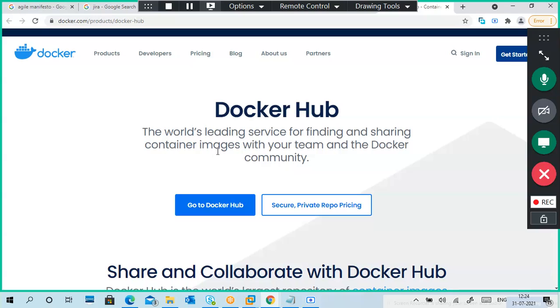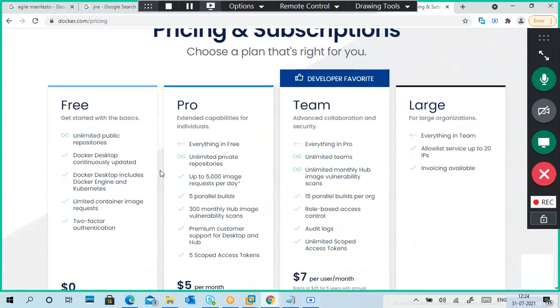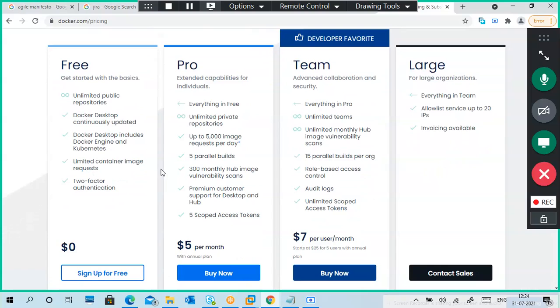We can store your repositories freely, like Docker images. Like you created a Docker image and you want to save it in a public way or private way, like your GitHub, then also we can put it.